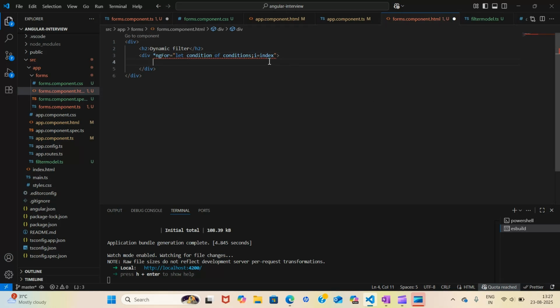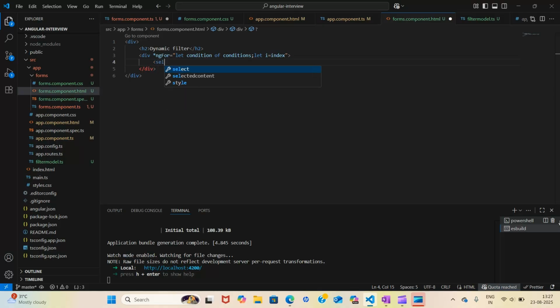And why have we taken this i equals index? To track. I will show you what I want to say. So let i equal to index. Now inside that I want to first show one drop down.